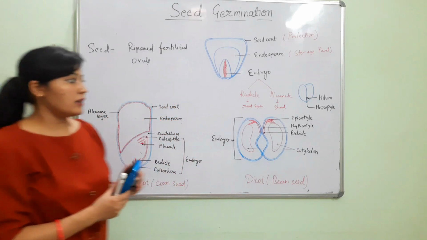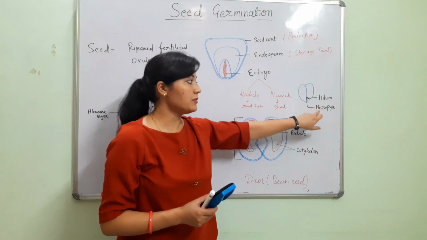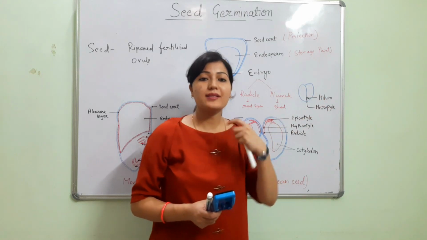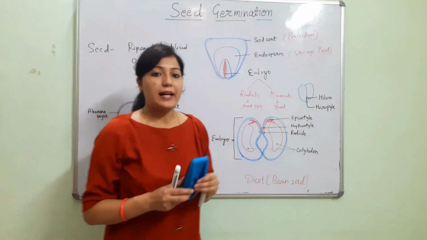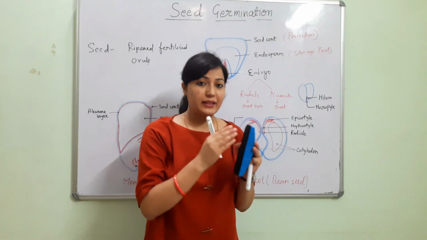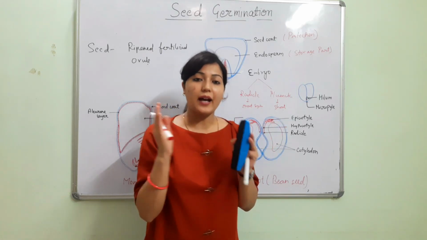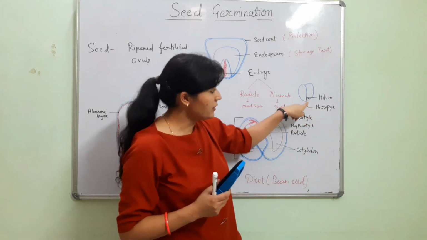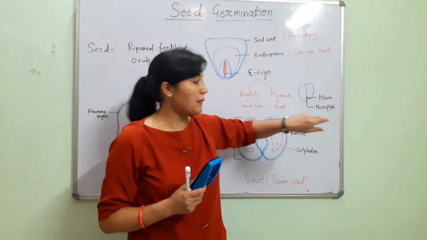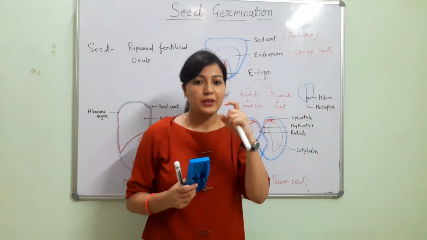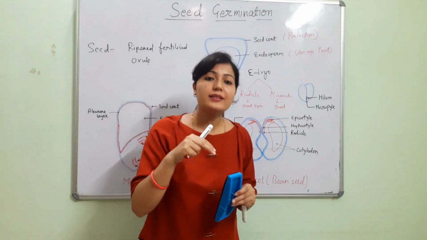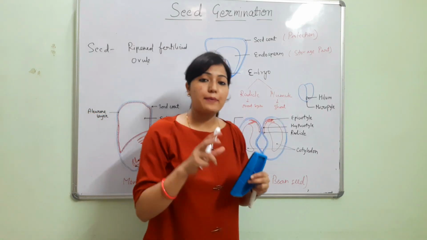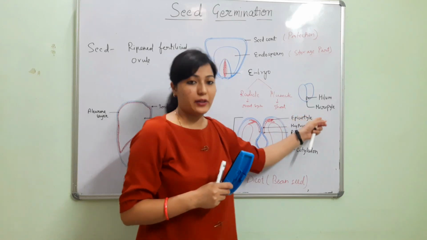Then there are two other things, hilum and micropyle, which are found on the seed. The first is the hilum. Hilum is a scar left by the stalk, by which the seed was attached to the ovary, and after detachment the scar is left on the seed. And the tiny red dot you will find here, the micropyle, is a small hole by which the pollen tube enters inside the seed, and during seed germination it also helps to absorb water.